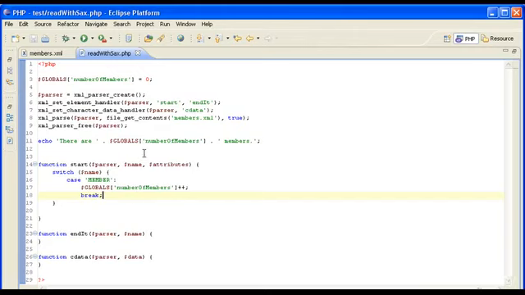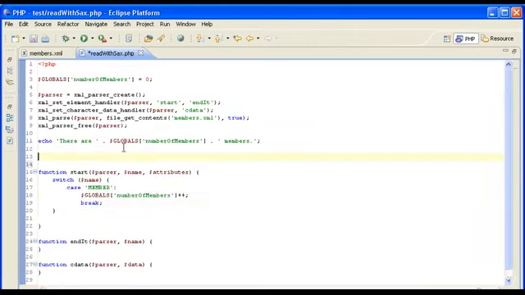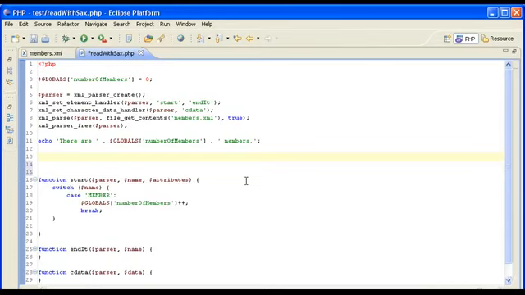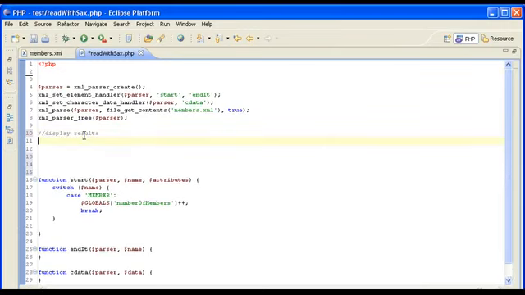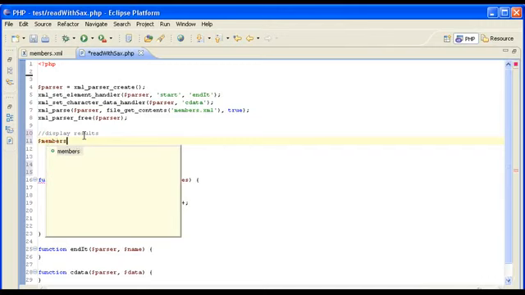But now what we want to do is we want to actually collect an array, a collection of member arrays, as we did in the XML Reader lecture, so that we have all of the information and not just how many members. And that's a little trickier in SAX than in XML Reader. So let's get our goal here. We don't want to do the number of members anymore. We want to, after we're done, we want to say, display the results here, and then, so members, let's define it here as